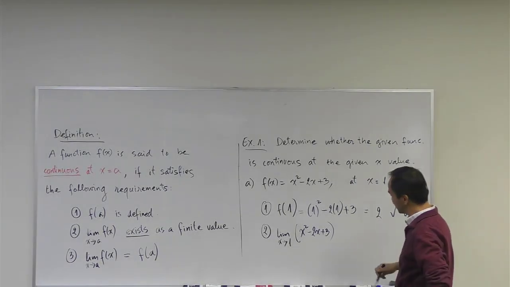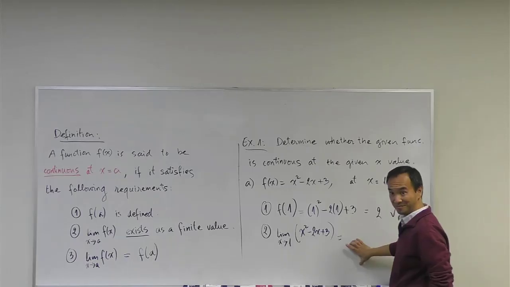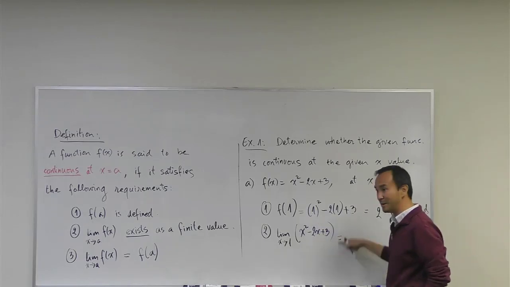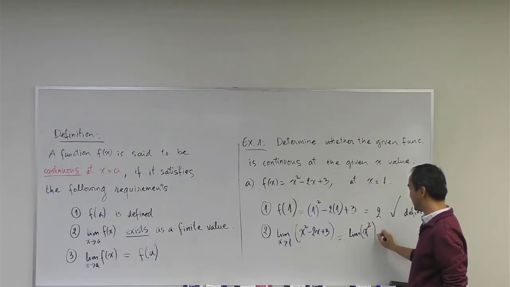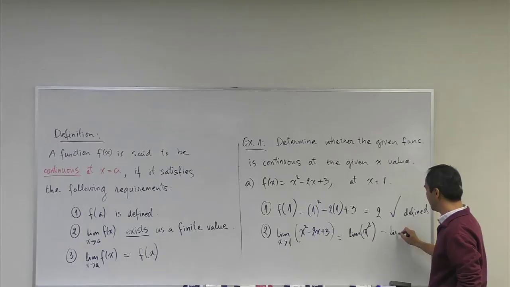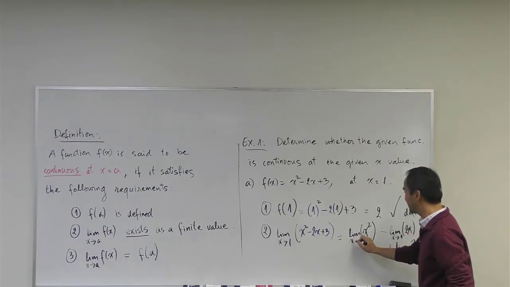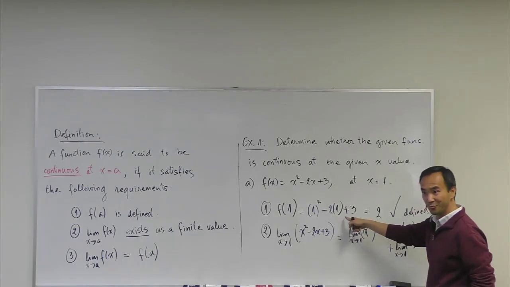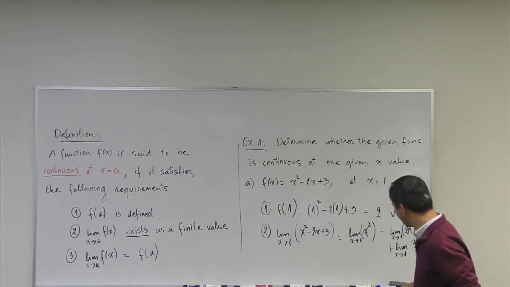And yes, it takes a few steps here. Like I said, right now we're not sure if the two will be equal. Substituting in is different work; taking limits is different work. That's why we have to follow the limit laws here to find limits. So: the limit of x squared, subtract the limit of the 2x term, and add the limit of the constant term. Do you follow? Now I hope it's becoming more clear why I keep asking you to show all of your limit law steps, whereas we were not doing this directly before, because doing that we only verify if the function is defined. And so the limit laws